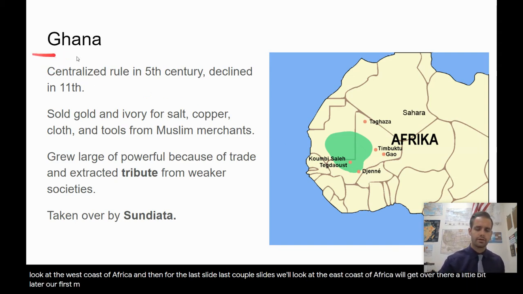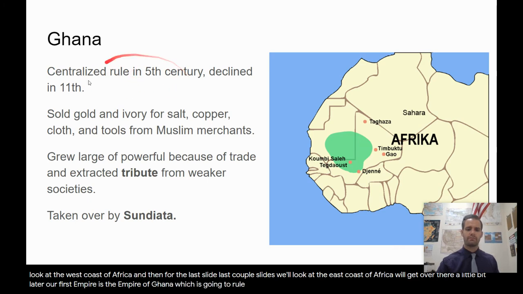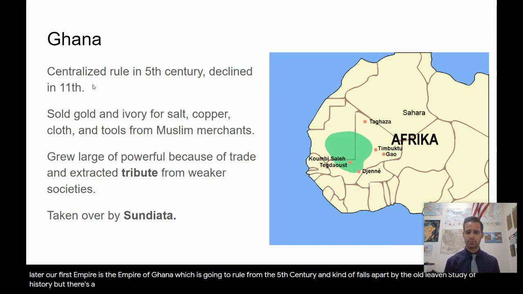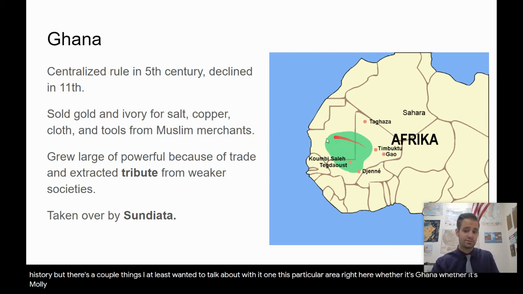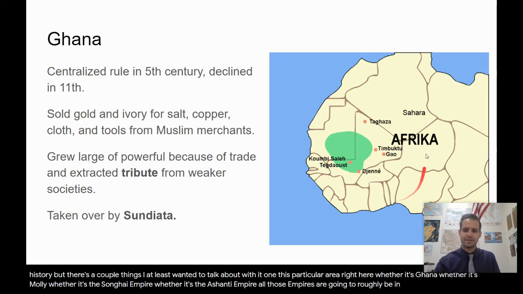Our first empire is the Empire of Ghana, which is going to rule from the 5th century and kind of falls apart by the 11th century. So it is outside of our study of history, but there's a couple things I at least wanted to talk about with it. One, this particular area right here, whether it's Ghana, whether it's Mali, whether it's the Songhai Empire,